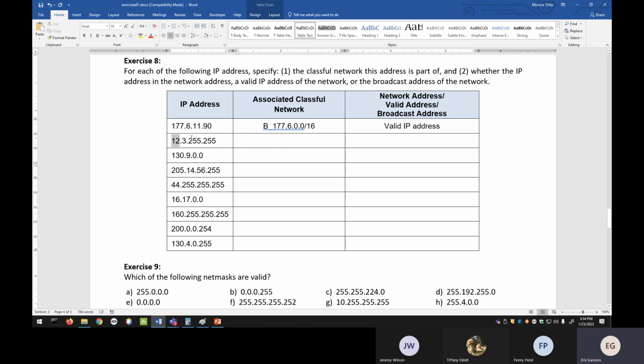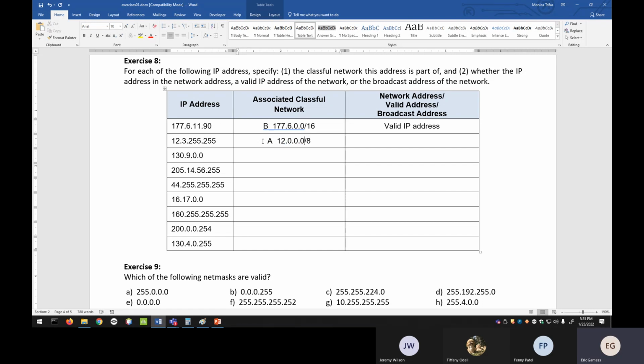Let's do this one. I have this IP address. This IP address belongs to a class A network, a class B network, or a class C network. Class A, why? The first byte is between 0 and 127. So if it's a class A, what is the default mask of a class A? /8. What will be the network address? Correct, it will be